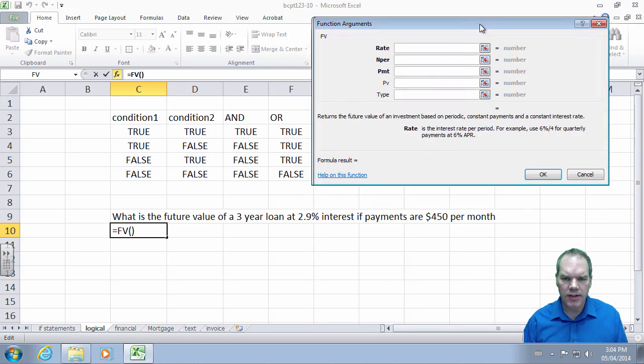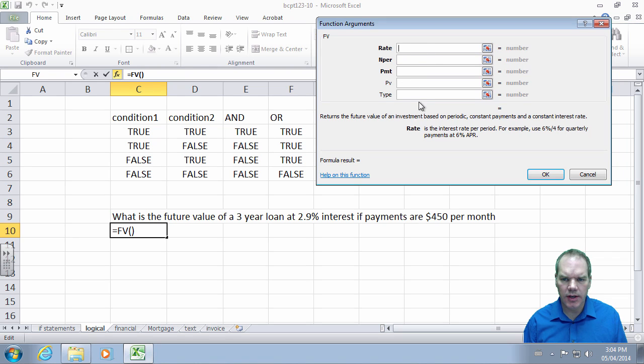What the function wizard does is give us a bunch of options for what should be inside of our function, a guide, kind of like what it did when we started typing and it showed us what the values are inside the function. So the future value of a 3-year loan with monthly payments. The rate is 2.9%, so we'll say 2.9% divided by 12, so we calculate it as a monthly interest rate. Number of periods is 3 years times 12 periods in a year. And our payment amount